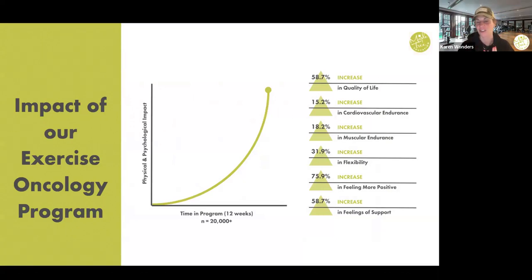So chemotherapy, radiation treatment, we see an almost 60% improvement in quality of life, 15% improvement in cardiovascular endurance, 18% improvement in muscular endurance, 32% improvement in flexibility. Patients feel supported, patients feel positive. Overall, ideally, we want this to be the best thing that they chose to do while they're going through chemotherapy. We want them to look back on their exercise program and say, I couldn't have made it through without this. And you see numbers like this and you see, yeah, this really does make a positive impact in someone